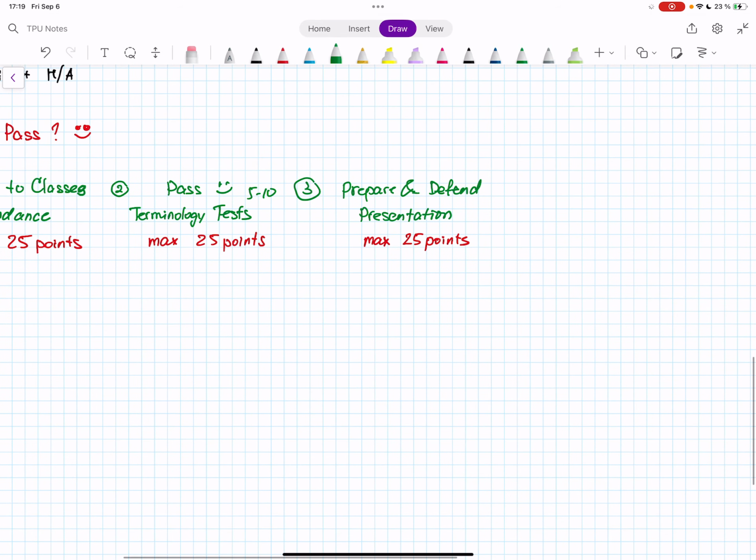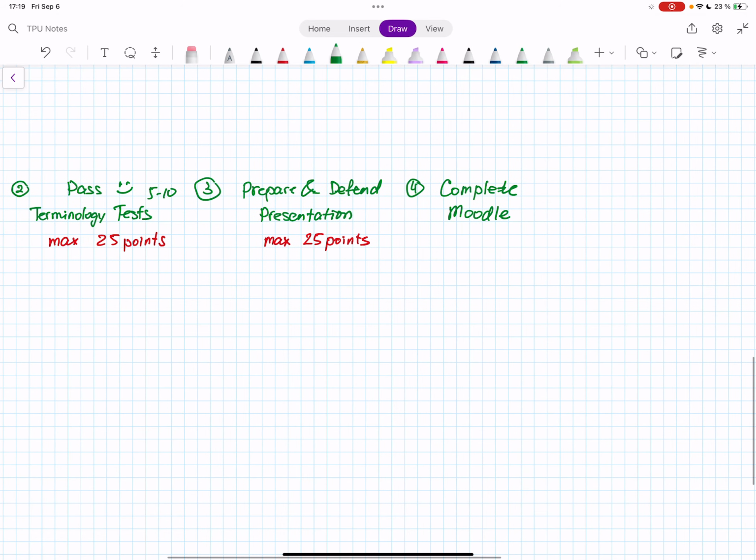And number 4, which is the last one, is to complete Moodle for each semester. In Moodle, usually you will have 3 lectures to study and answer questions. There will be some review questions there, and there will be 1 or 2 tests in Moodle.